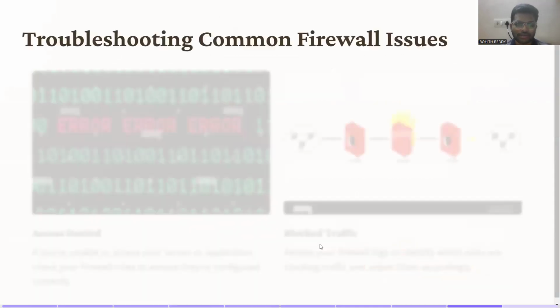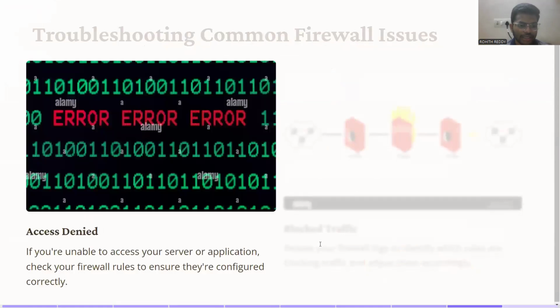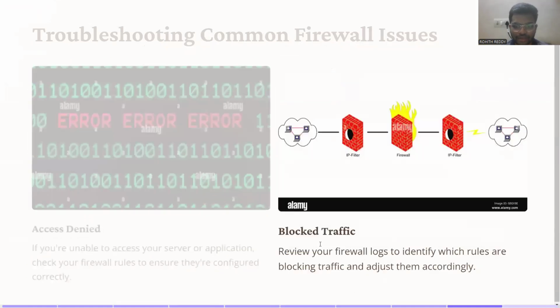So, troubleshooting common firewall issues. If you are unable to access your server or application, we have to check the firewall rules. If they aren't configured correctly, then we can't access the application. So we have to make sure that we have configured the rules perfectly. And then blocked traffic. Troubleshooting refers to the process that is done in order to solve the problem. If you aren't able to access your application, then you have to see the firewall logs to identify which rules